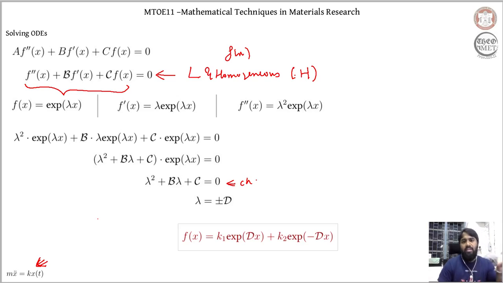Now, when I have something called a linear and homogeneous ODE, it is natural for us to have something called a linear and non-homogeneous ODE. And when I have a linear ODE, it is also possible for me to have something called a non-linear ODE. So what essentially we will be doing in this session is, we will try to understand